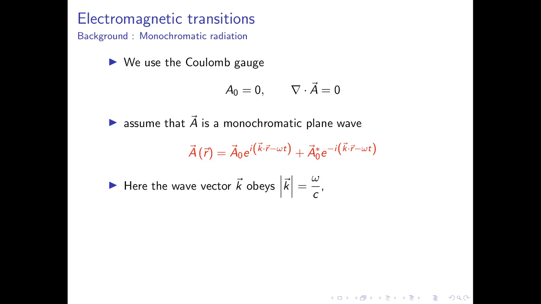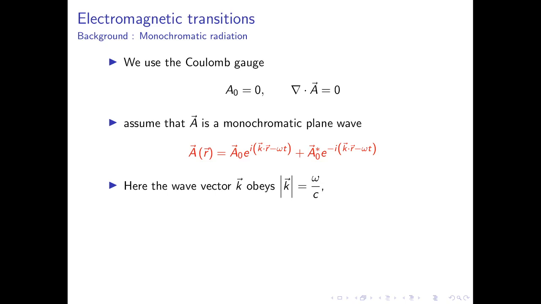And here, of course, the wave vector k, which denotes the direction in which the wave is propagating, has to obey: magnitude of k is given by omega by c, where c is the speed of light. That is essential so that the electric and magnetic fields which come out of this vector potential actually satisfy Maxwell's equations. And in addition, the vector A0 can be written down as a vector magnitude, which is a real number,